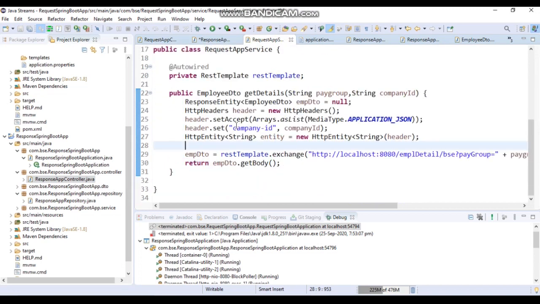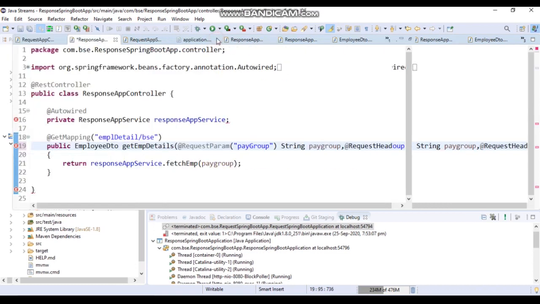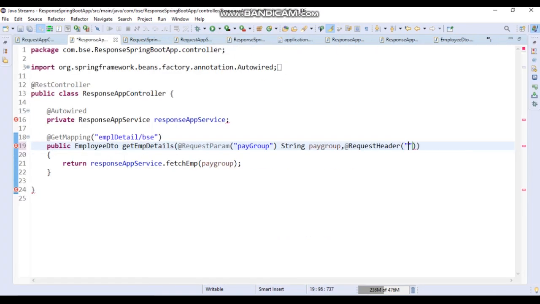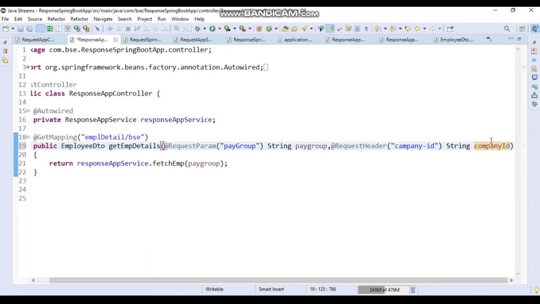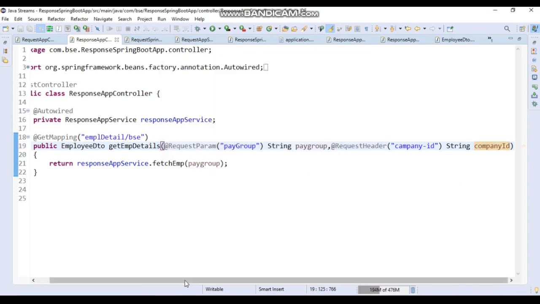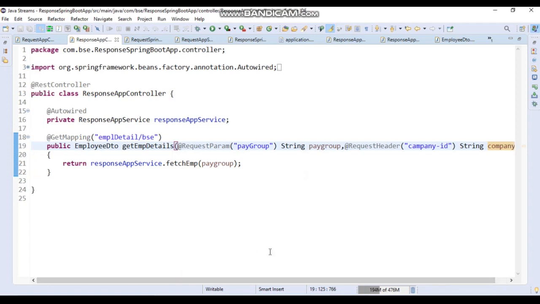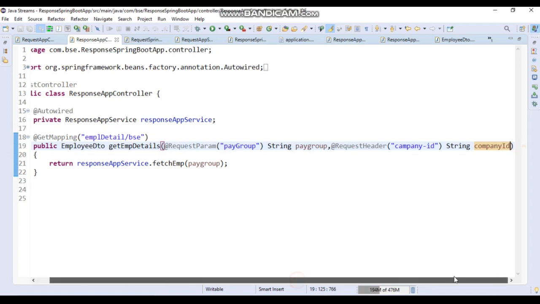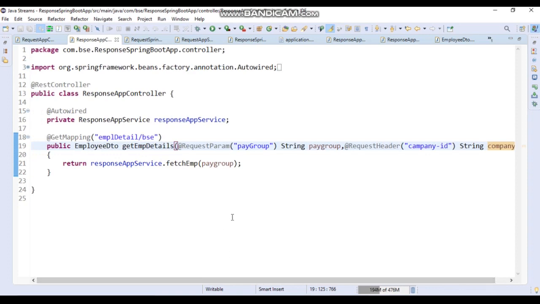We are passing this as company ID, so let's capture this company ID in the next service, and then we can assign it to any string, let's say company ID only. We will not use this company ID, we are just passing it to understand the flow of this REST-API.exchange.